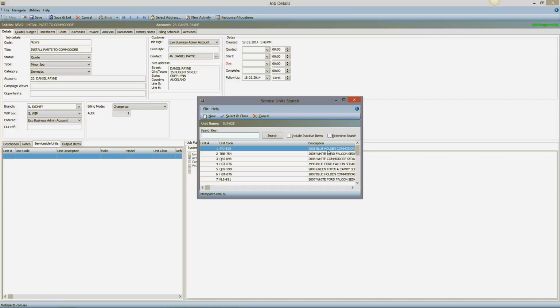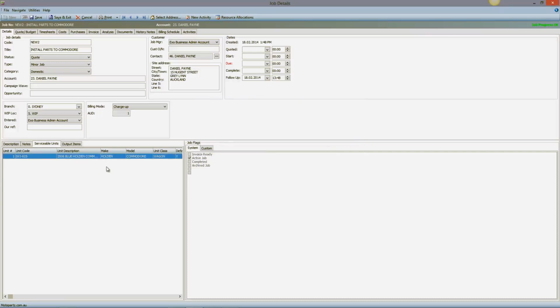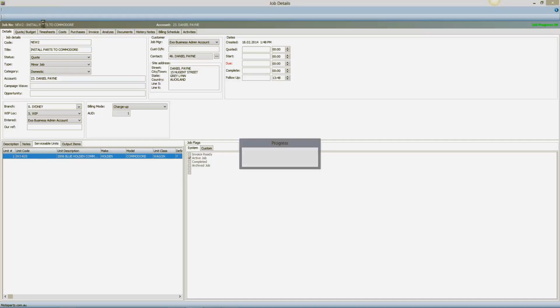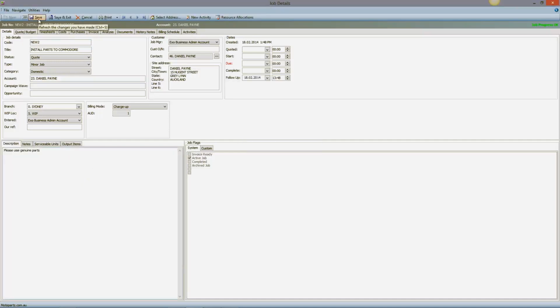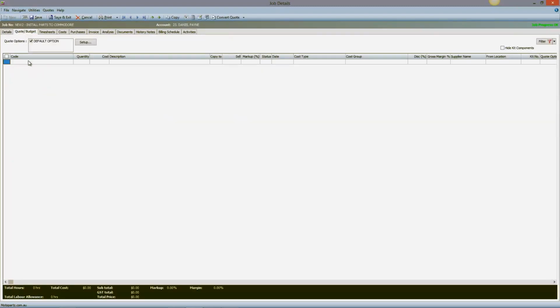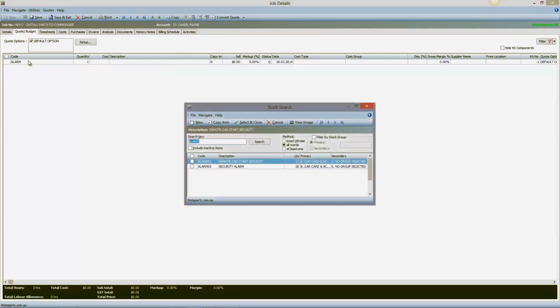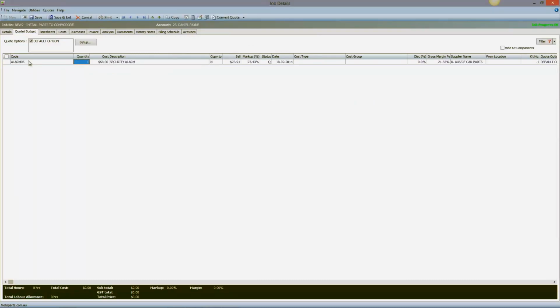Now you can see the blue Holden Commodore there. I'm going to select that, and I could have searched by that, by registration number or by the description or the customer name, etc. Alright, so now my job is all set up and ready to go. I can then go into the quote budget tab and we'll start adding in some quote items. So let's say we're going to be fitting an alarm today, so I'll just select the right one,